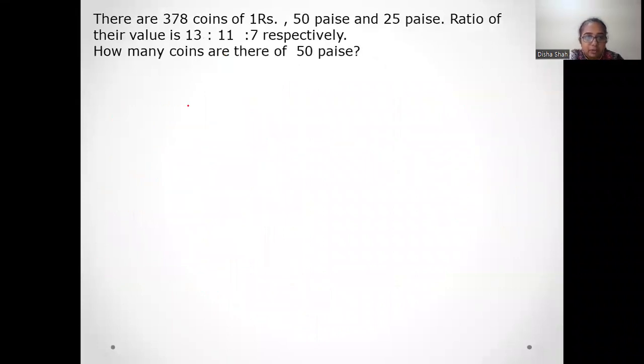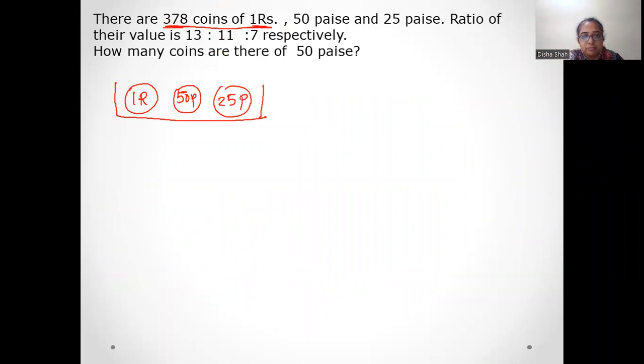ऐसा ही एक और क्वेश्चन करेंगे। यहाँ पर क्या है? There are 378 coins. यहाँ पर कॉइन्स की क्वांटिटी दे दी गई है। टोटल कितने कॉइन्स? कौन कौन से डिनोमिनेशन हैं? 1 रुपी का एक, then you have 50 paisa, and 25 paisa. Ratio of their value, वैल्यू की रेशियो दी गई। मतलब 1 रुपए के जितने कॉइन्स हैं उसकी वैल्यू 13 है। 50 पैसे का जितना कॉइन है उसकी वैल्यू है 11। 25 पैसे के कॉइन की वैल्यू 7। और टोटल कॉइन्स दी गई है।